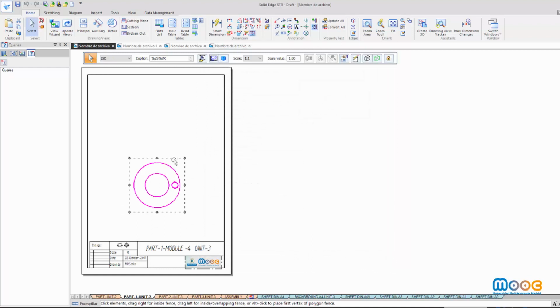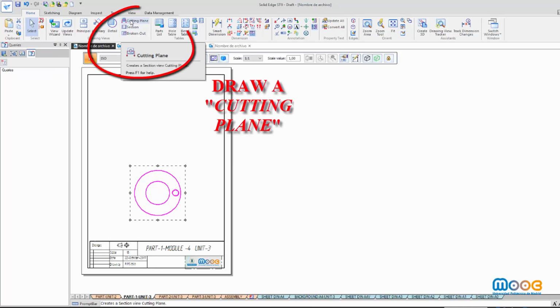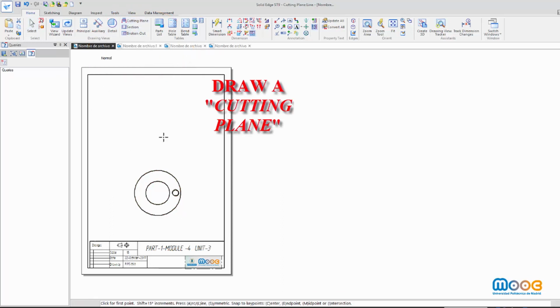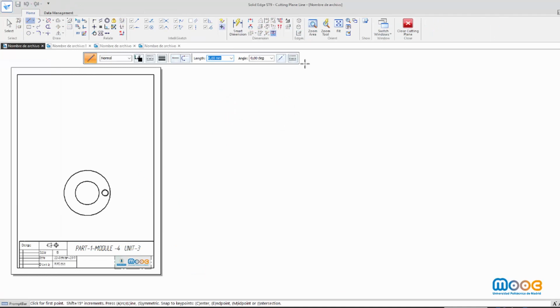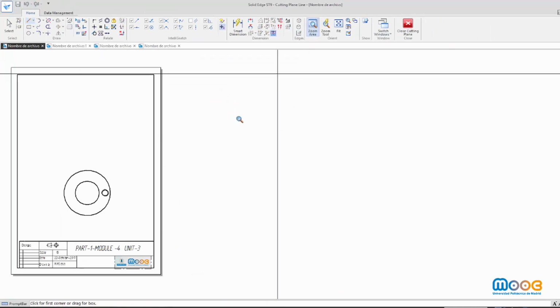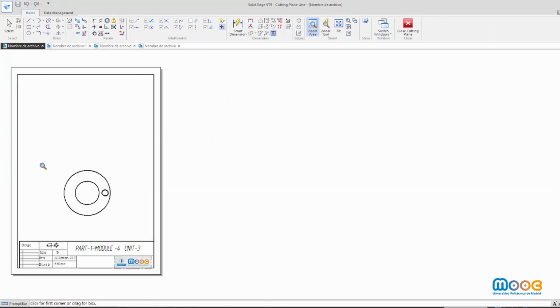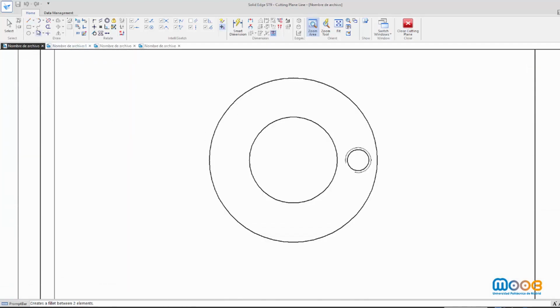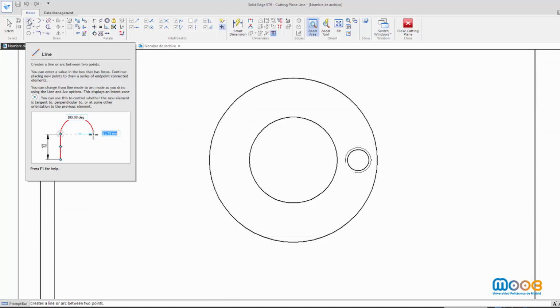Now I am ready to draw my cutting plane. I choose the top view and I zoom to see the view correctly and to be able to draw my cutting plane.